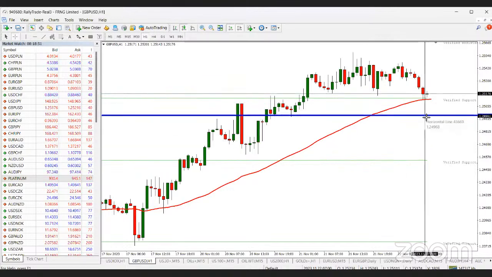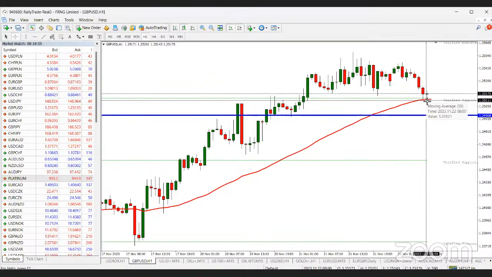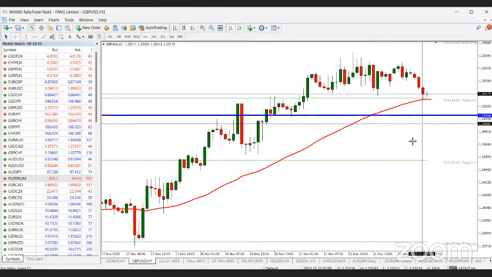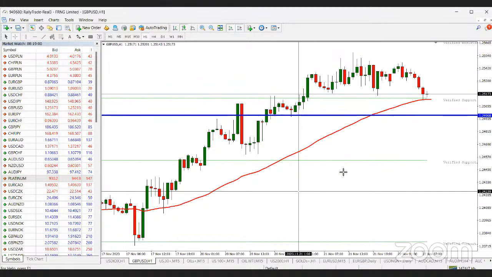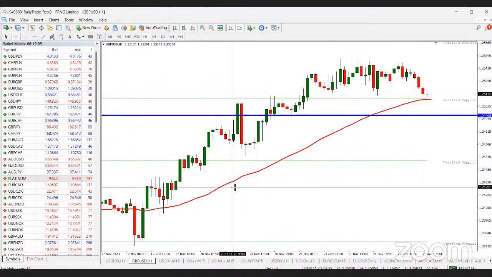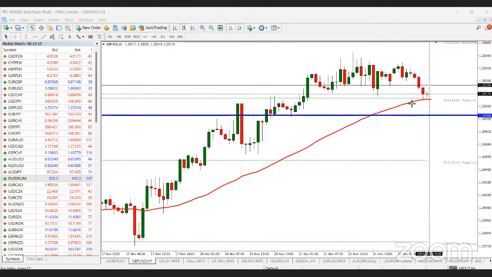So I've told us that we should use the 50-period moving average as a form of support on GBP USD 1 hour. If price breaks below it, then we can sell, and look out for about at least 15 pips. But if price can close above 1.25250, then we can expect that price is headed upwards.